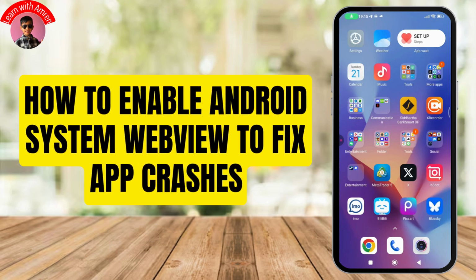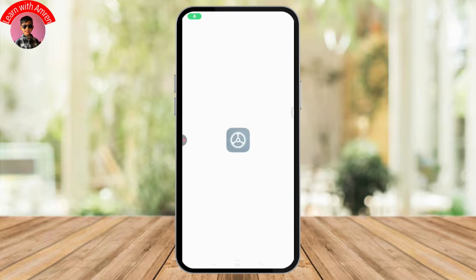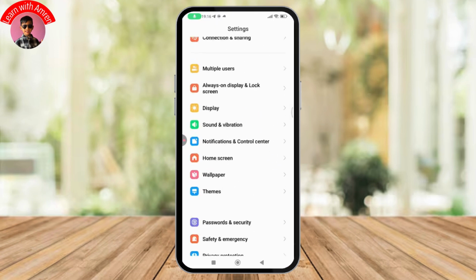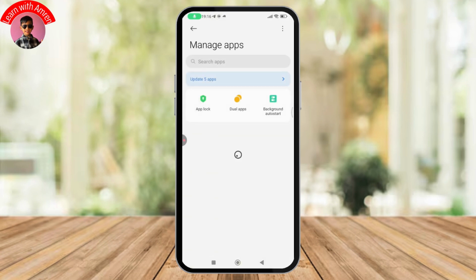How to enable Android System WebView to fix app crashes. So if you want to enable Android System WebView, then first you need to open up your settings. From the settings, you need to scroll down a bit and then go with the apps option. Under apps, you need to go with manage apps, and from there you need to go with the three